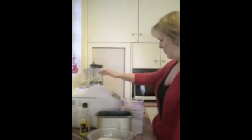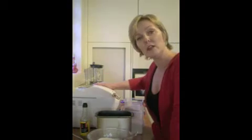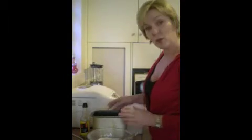Okay, so we're making bread that is gluten-free, dairy-free, yeast-free and soya-free. I'm using my Breville baker's oven that has a yeast-free option in it. So in the pan of my bread machine, I've got 3 eggs,